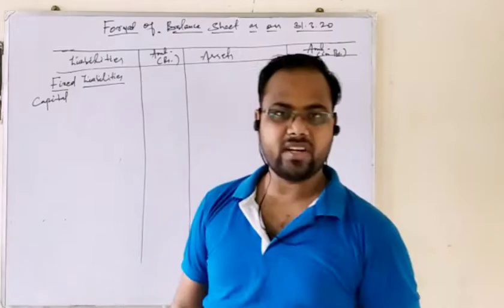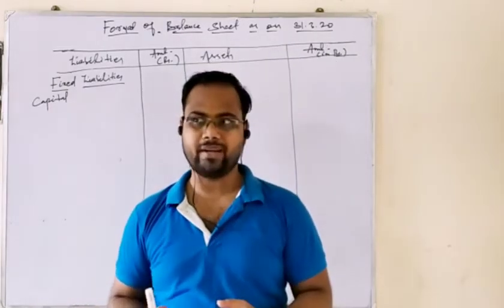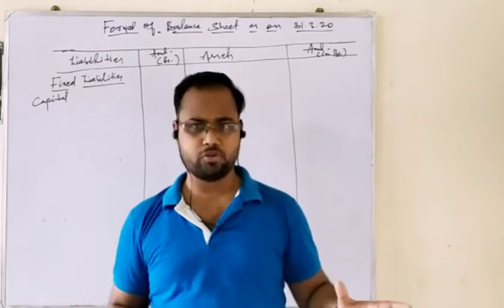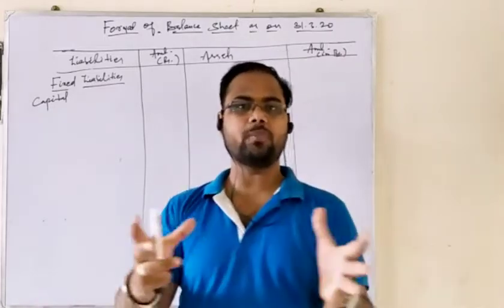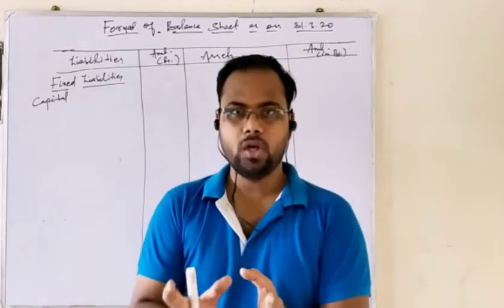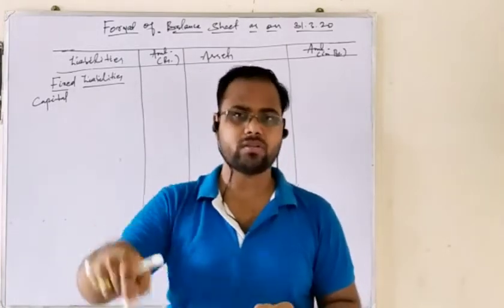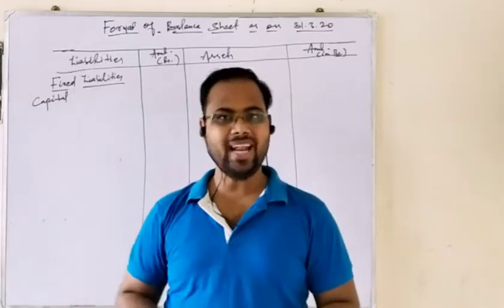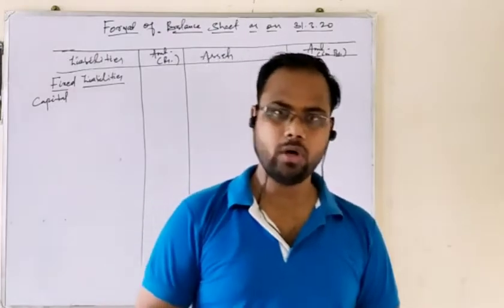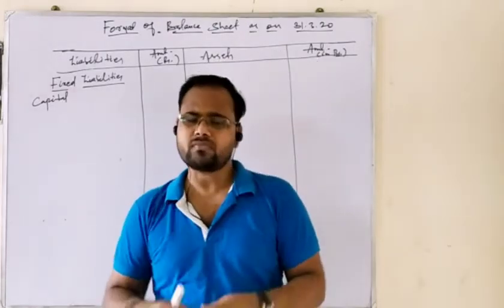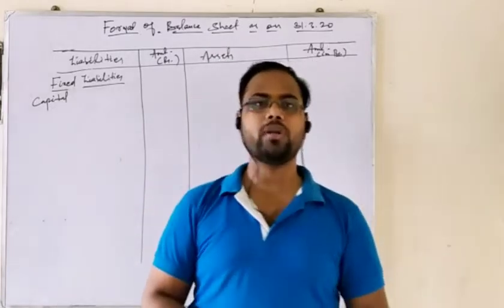See, according to the business entity concept, we have known that owner and business are two different persons. So that means business is an artificial person, owner is a natural person, and in that case we know that whatever amount is contributed by the owner to the business should be taken as a liability. Likewise, you take a loan from a bank and you repay it with interest. Same like when you receive something as a contribution from your owner, you name it capital.